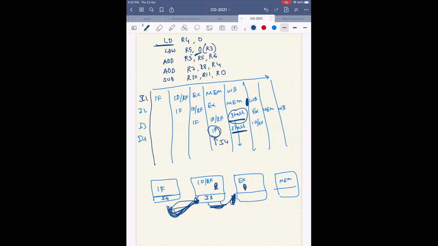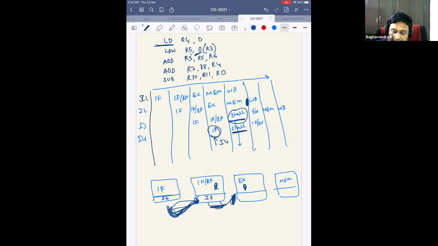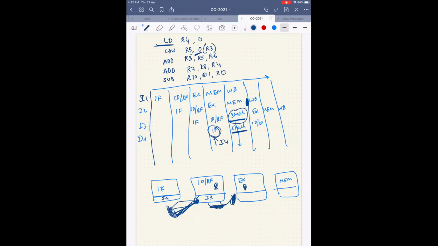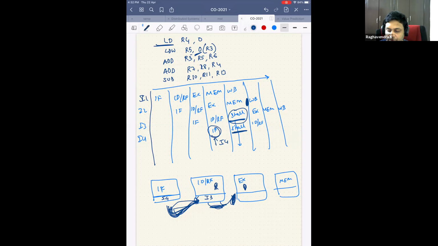So it beforehand knows that the register is not fetched. Yes, because you know that there is a dependency, the pipeline control logic will figure out that there is a dependency. So this will not allow the execute to happen until it gets the right value. So it first checks whether the value is available or not, and then executes. Otherwise, it produces a stall.